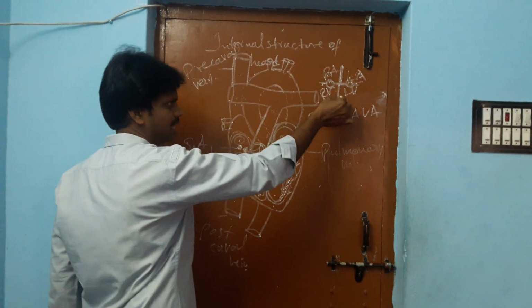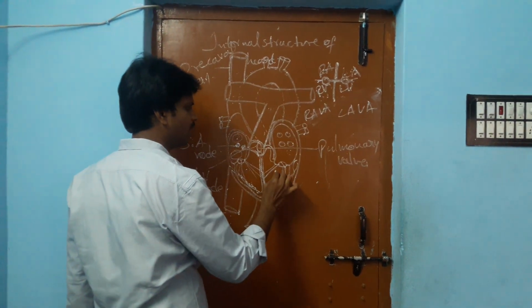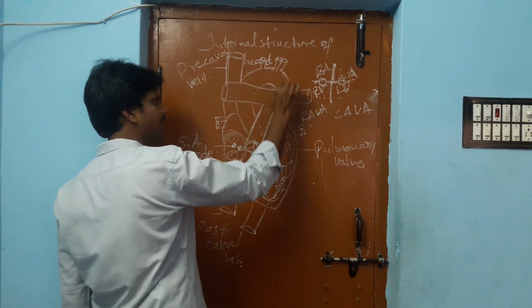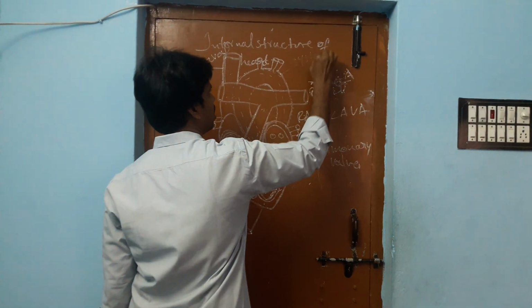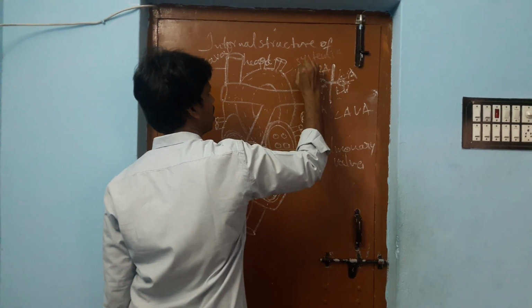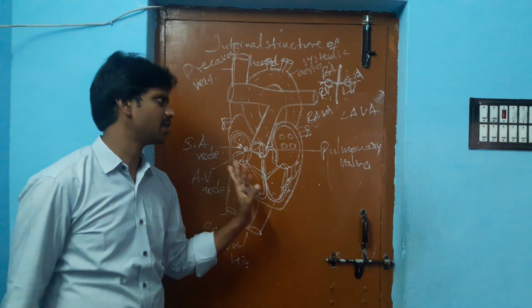Similarly, the left ventricle is the largest chamber among all four chambers. From the left ventricle, a large artery arises, which is known as the systemic artery. This is the largest, thick-walled artery, called the systemic artery, that supplies oxygenated blood to all the parts